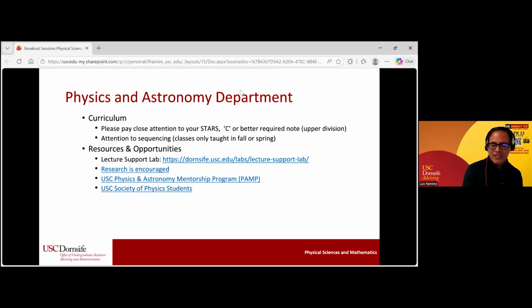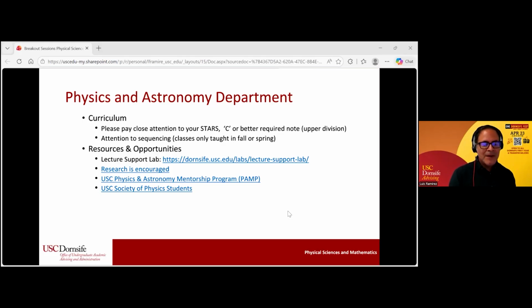Research is strongly encouraged. In the link that I just shared for research, you'll find lots of information on how to get involved and what kind of research undergraduate students can take. So take a look at that link. It's really a terrific resource for you.